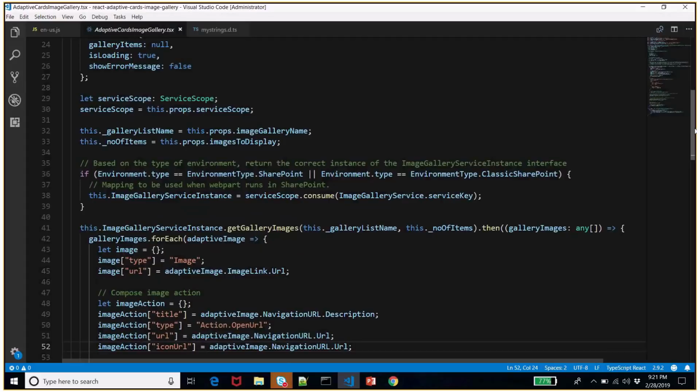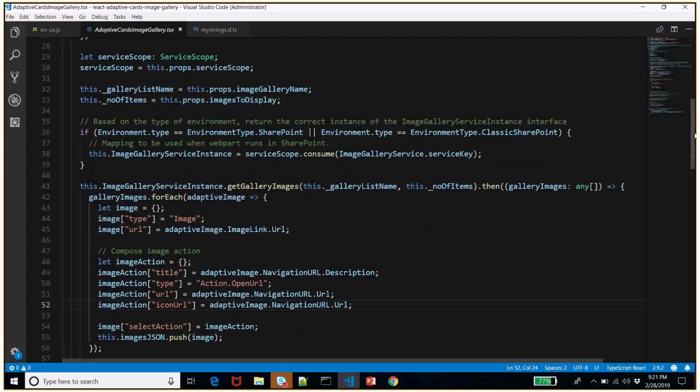Now we are going to update that JSON which we got from the designer. One thing we are going to do is create an object and provide a type to it, that is an image. Similar to the image type, there are other readily available types, which are text blocks, text, etc. And we are going to have a URL type. We are going to print the URL in the link.